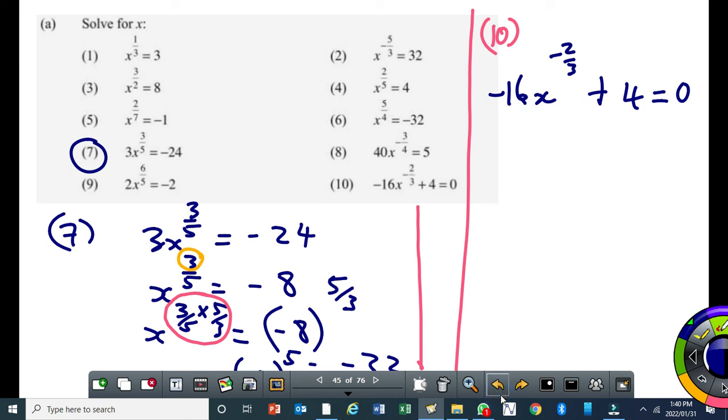All right, first thing, can I have your attention? I'm going to write this as 16x to the power of minus 2 over 3 is equal to 4. Are we all clear with that? Right? Then from there,